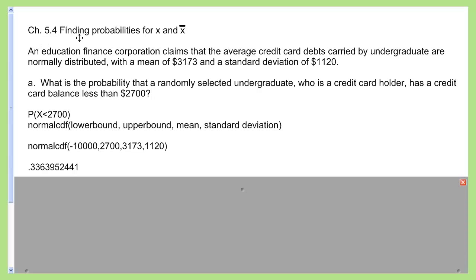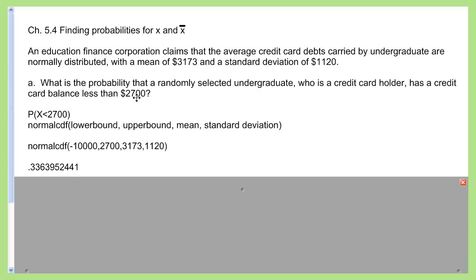This is chapter 5.4, finding probabilities for x and x bar, and we're going to do x first, and then we'll do x bar. So an education finance corporation claims that the average credit card debts carried by undergraduates are normally distributed with a mean of $3,173 and a standard deviation of $1,120. What is the probability that a randomly selected undergraduate who is a credit card holder has a credit card